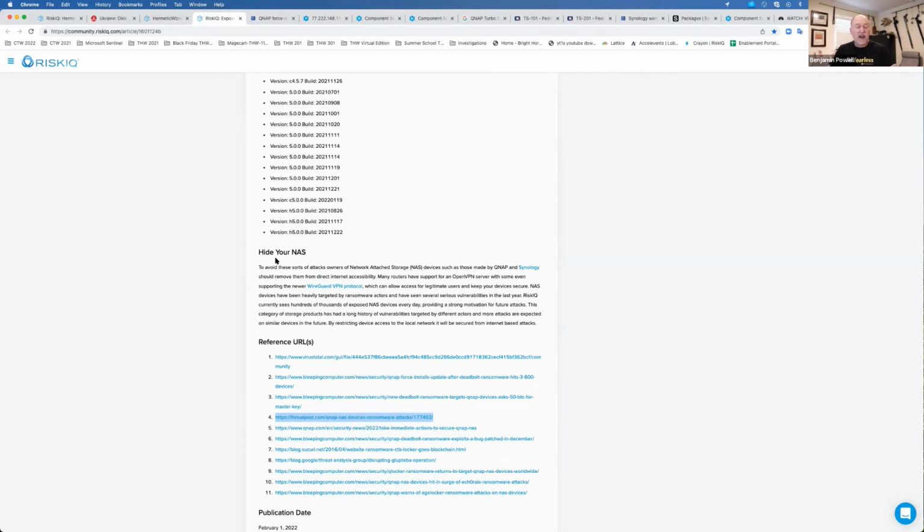I know Synology has a feature where if you log in too many times and it fails login, it just blocks that IP, so it won't allow you to connect from that IP address again. So there are some things that you can implement, but you generally want to have a VPN where you go in and then you have access to it. But I understand, if you're in time of war and you need to just get the data, you might need to do that. So we're going to go through and look at these.